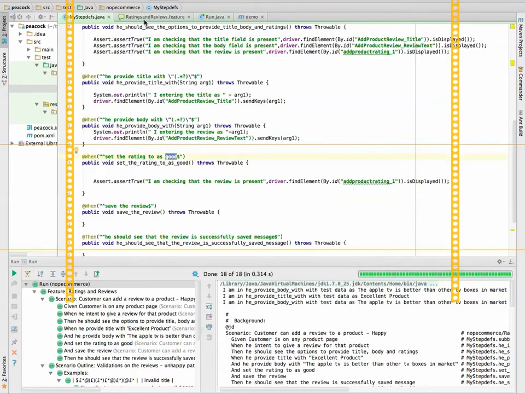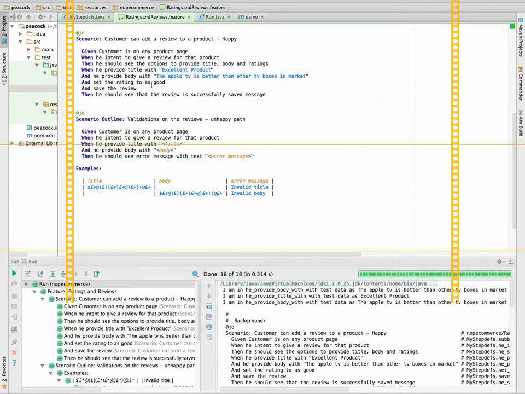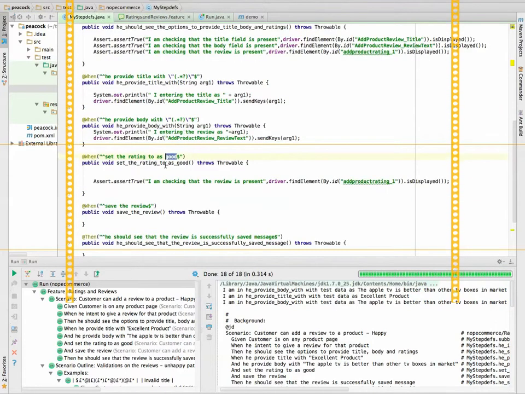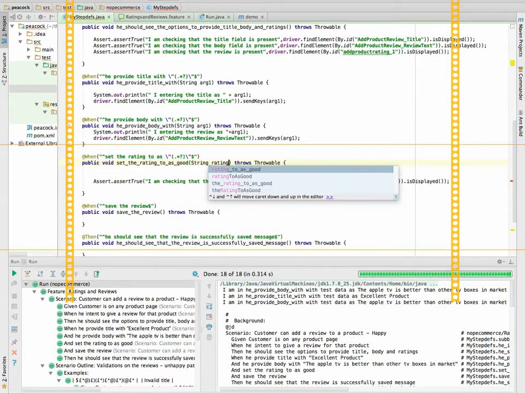Okay. So the mistake I made is that I just treated "good" as a normal thing. So what I can do is convert this into test data here. Come here, copy and paste this. This is a regular expression. Put it here. See, before, Cucumber had given you the step. I am now modifying it because I know how to do it. Automatically, the rating will come as the first argument.